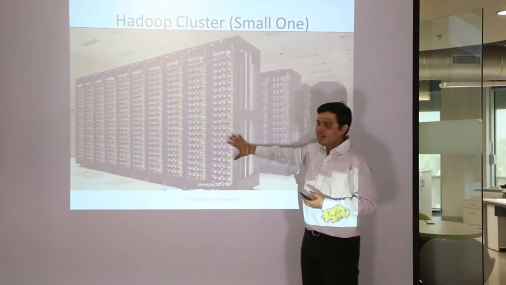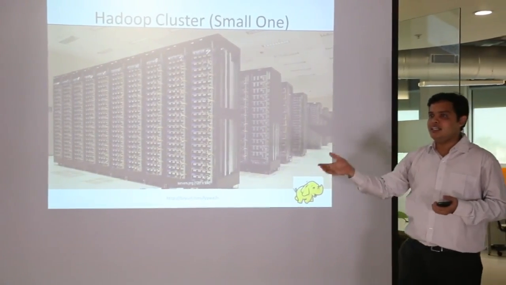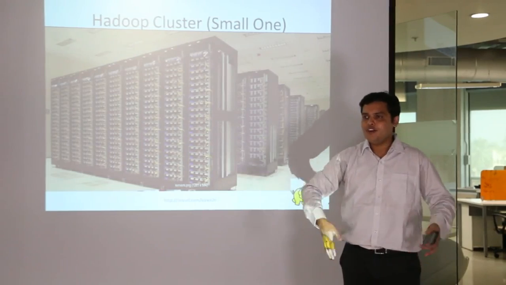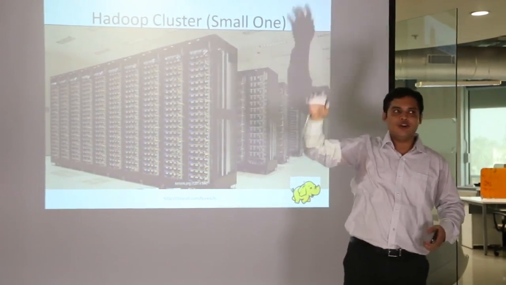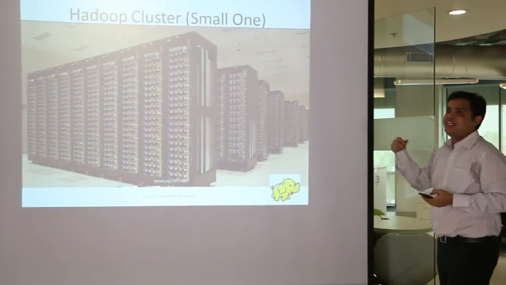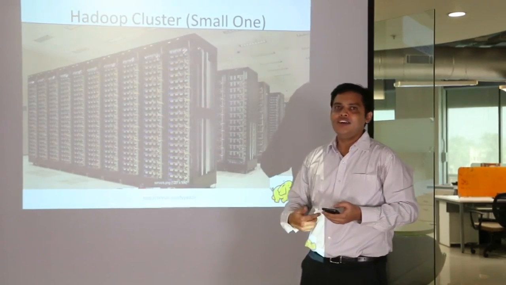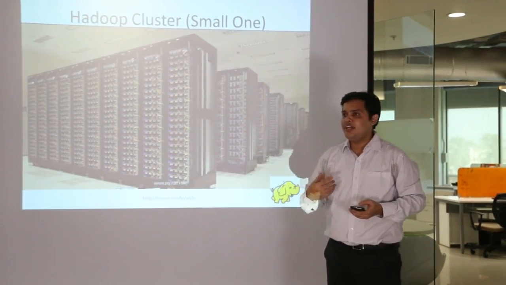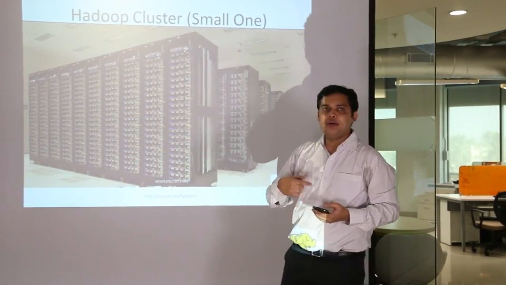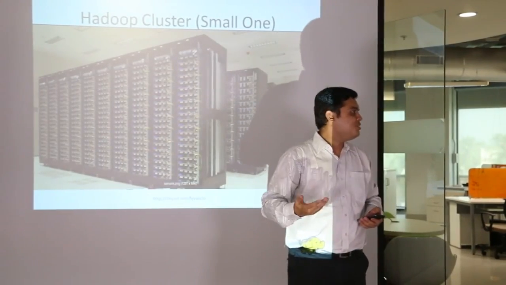So we just have a small rack. This is a small cluster. If you check the Facebook data center, you won't even have a place to work. There is one big rack over here, one big rack over here. This is how a Hadoop cluster looks like, and that's why it's given as an online service. If you want an in-house Hadoop cluster, we can have it, but it's very costly. So when you use Hadoop, you actually pay per cycle or per calculation. It depends on what type of package you take.